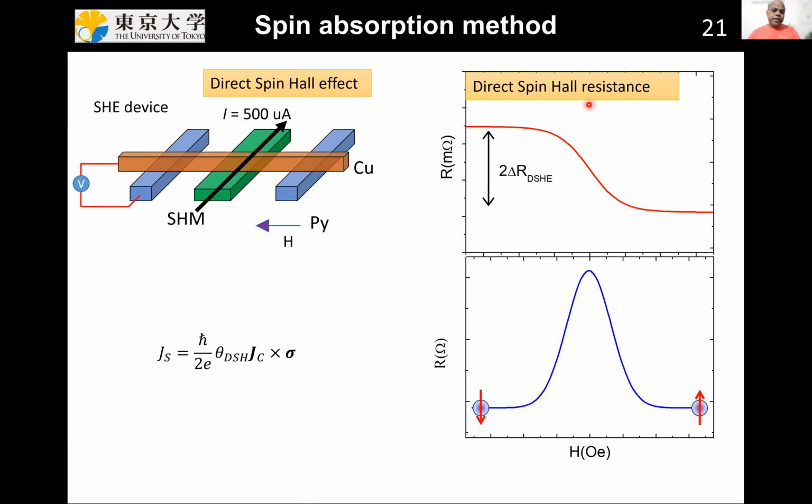Actually, this device is also very useful because the same device can be used to measure the direct spin Hall effect. In this case, you pass a charge current through your spin Hall material and produce a spin current inside this copper channel, which you can detect non-locally by putting a voltmeter between this ferromagnet and this copper. So in this case, you will get a reverse signal. This is the only experimental method in which you can measure the direct spin Hall effect and the inverse spin Hall effect in the same place, in the same material.